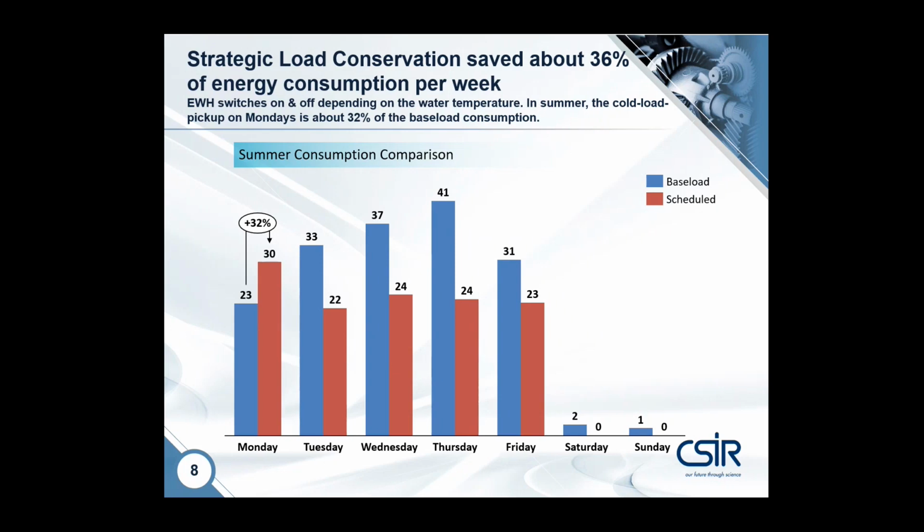So yeah, that was one of the reasons that we picked up, which is one of the gaps in the studies, and understanding that the cold load pickup is very important, more especially when you are trying to employ any strategy. One thing that we need to understand is how this would impact, for example, if every geyser comes on at a particular time on Monday, and that is just going to be too much. So that is a point that we highlighted in terms of the things that we needed